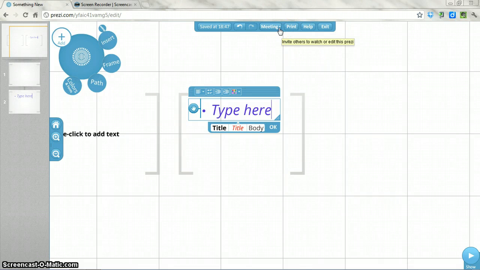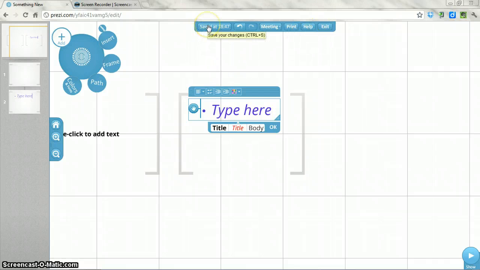You can invite and actually edit these with other people. For right now, once again, that's something that you may not want to do, but you may want to encourage students who are using Prezi for presentations or whatnot to enable that function so that students can work on it from different machines. Actually, they don't even have to be in the same building to do it because it's all web-based. And then, of course, help and exit. And when you exit, it does save. So you don't have to go through the extra step of saving to exit,